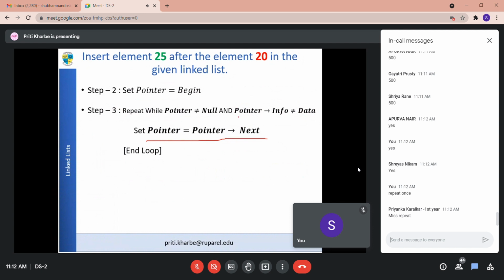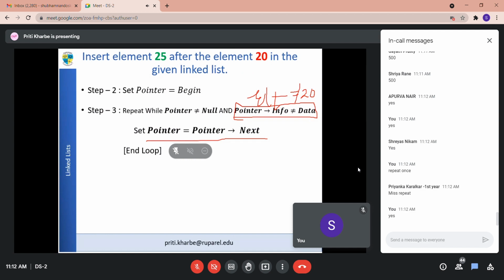So till pointer's info is not equal to data, concentrate on this. That means your element is not equal to 20. Is that clear? Have you followed this? So you will keep on moving to the next node, next node, next node till you reach the element 20.